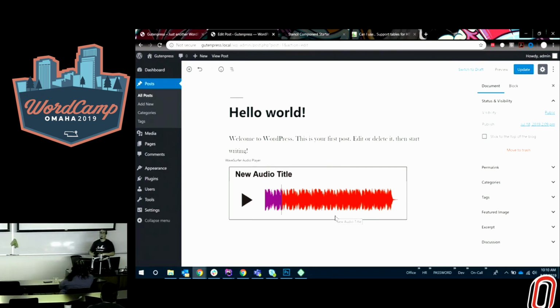We could do it with PHP. There's what is it called, dynamic Gutenberg blocks, where we can call a PHP script and it'll use PHP to render the area. Anyway, we would have to build it two different ways. Doing it with Stencil as a web component means that we can write the whole block outside of Gutenberg, and once it works there, it obviously will work anywhere on the internet, right? So even without WordPress. As long as the script that powers this web component is loaded on the page,